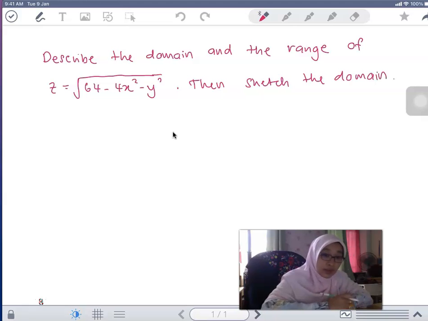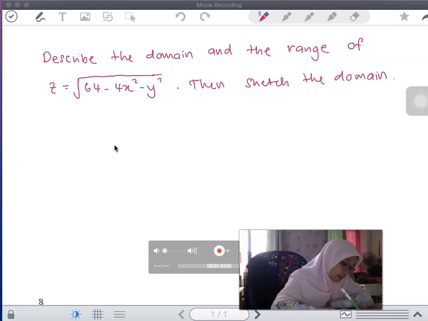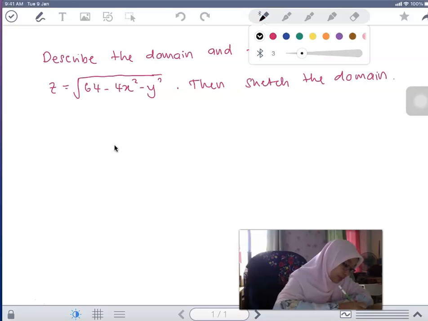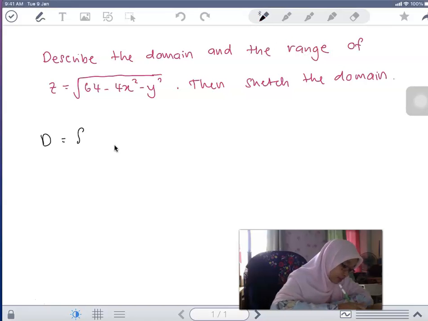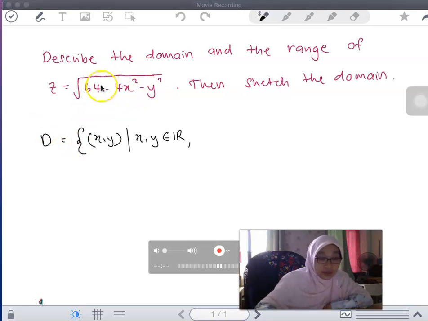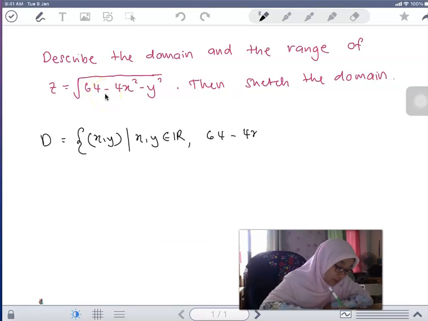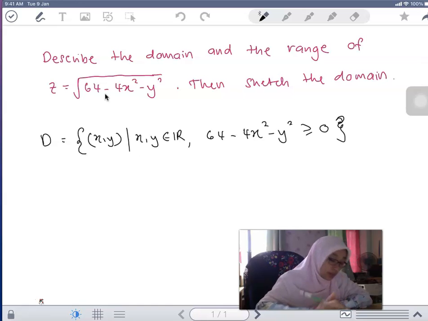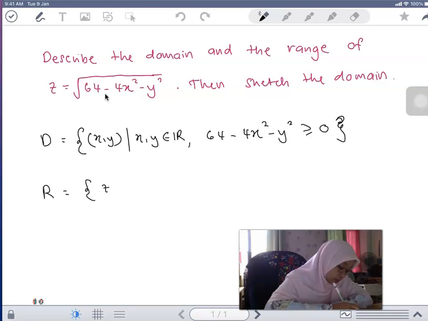Okay, so now look at the domain. The domain is the set of x and y, where x, y are real numbers, and you can see that they have a constraint here, right? So we have 64 minus 4x squared minus y squared always greater than or equal to 0. Okay, and then the range is the value of z